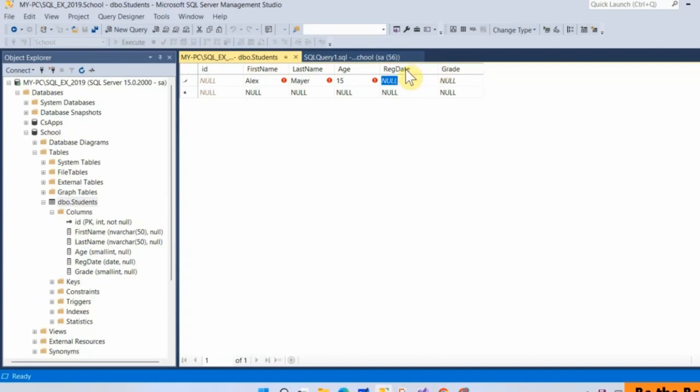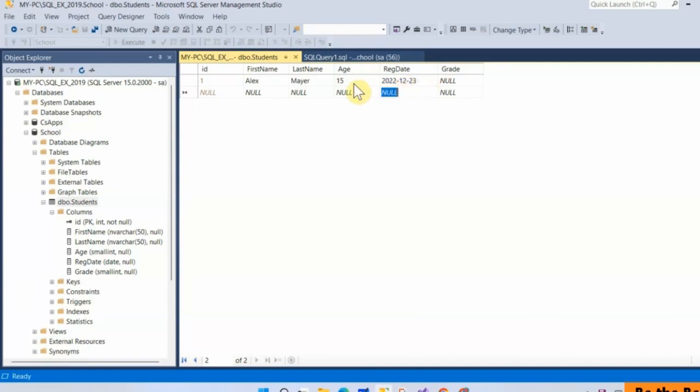But before working with it, we need to identify the correct format of the date. Currently, I don't have any idea about it. So let's try something like this: 2022, add the slash, then the month, and the month is 12, for instance, then the day, and 23. So if you click on the next record, it's saved without any problem. My slashes are replaced with dashes. So it's not an important matter, the slash or the dash. It means the first part is the year, the next one is the month, and the last one is the